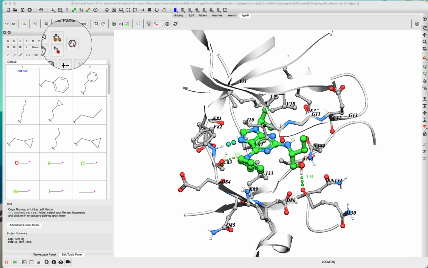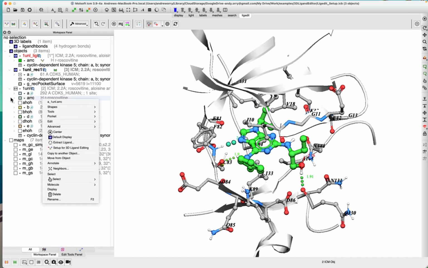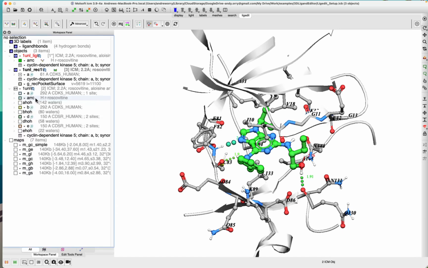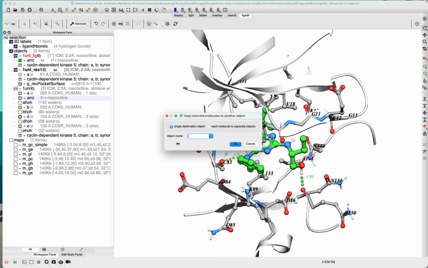So to set up a template, we click on the template button. Or first we need to create a template. We can either use the ligand itself, but it's probably best to trim it down to a substructure or group of interest that you want to dock to as a template. So if we take the ligand, viscobutene, this is the original ligand. If we just right click and choose copy to another object, choose template,